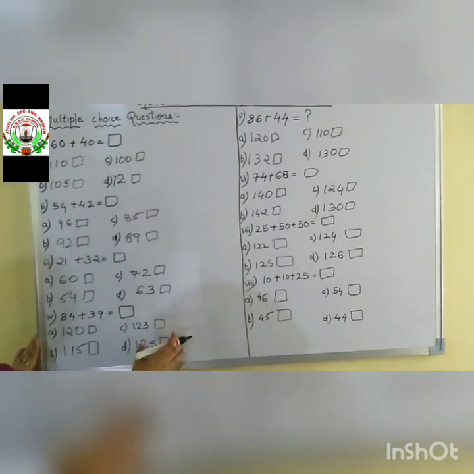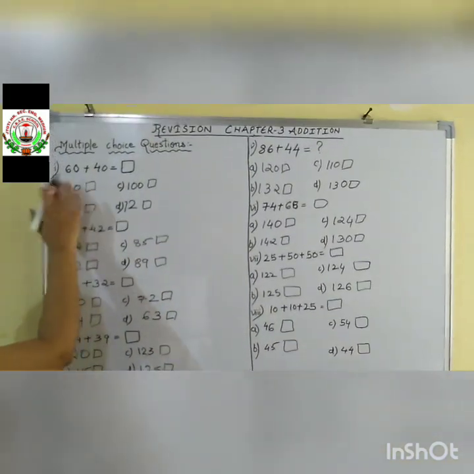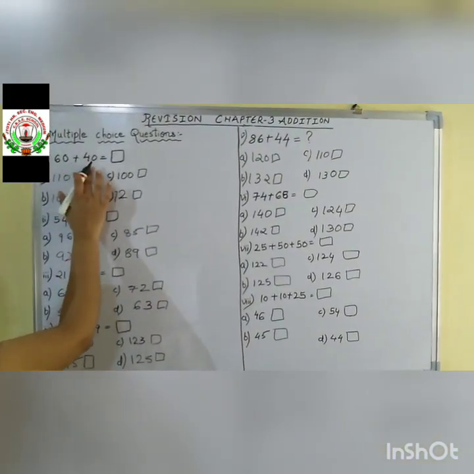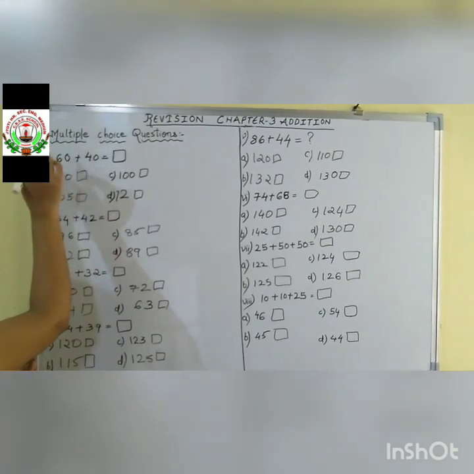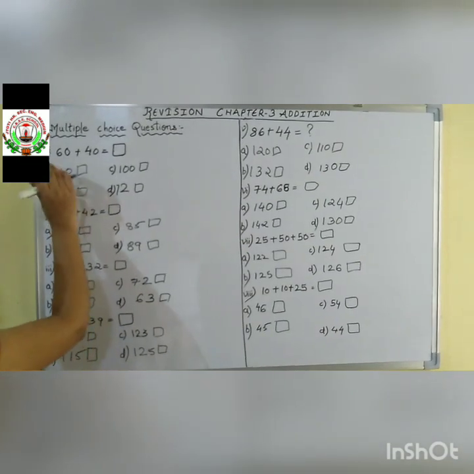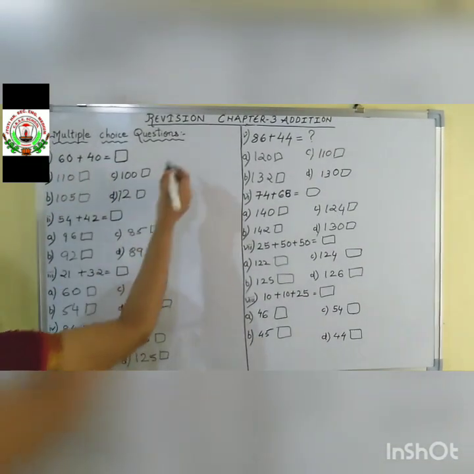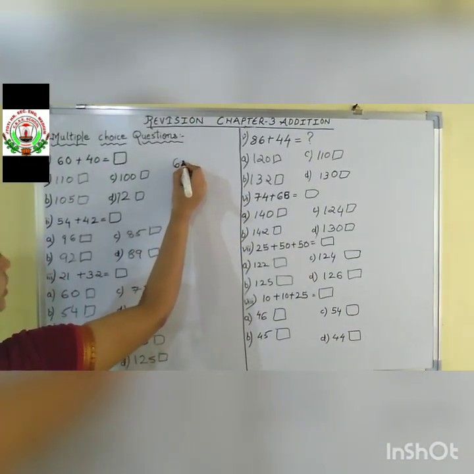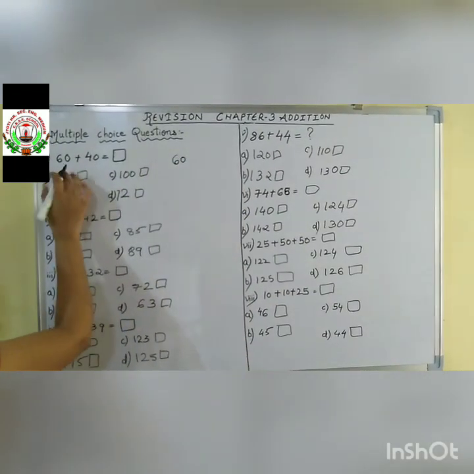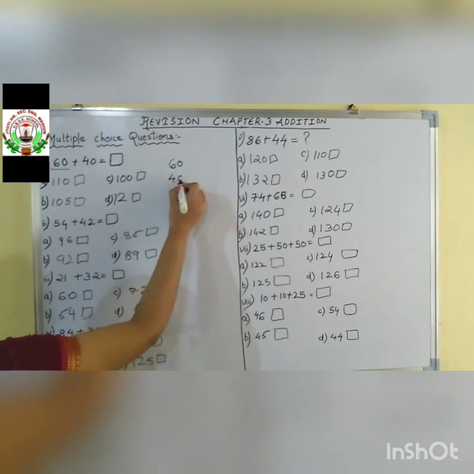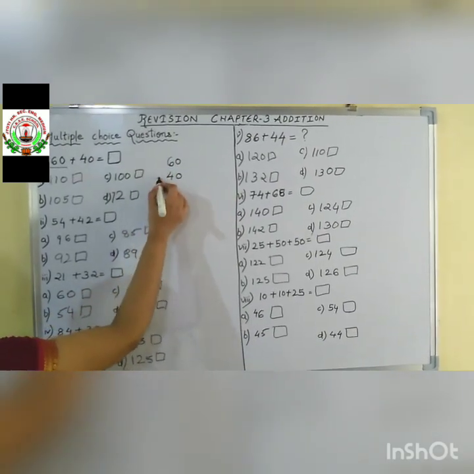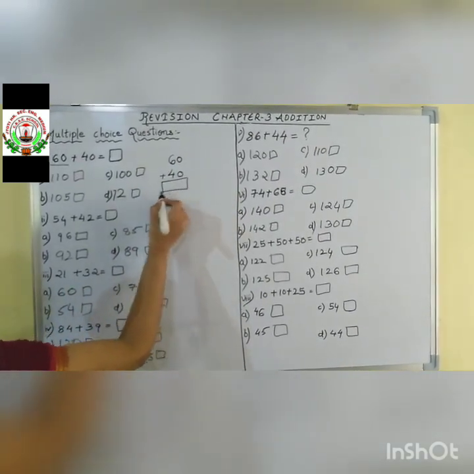So let us do now two digit addition. The first question is 60 plus 40. These are two digit numbers, that is, there is a ones place and a tens place. Okay, 60 plus 40, then you have to do the addition. At the rough side write down the first number, 60, then the second number, 40, just below 60, put the addition sign and do the addition like this.